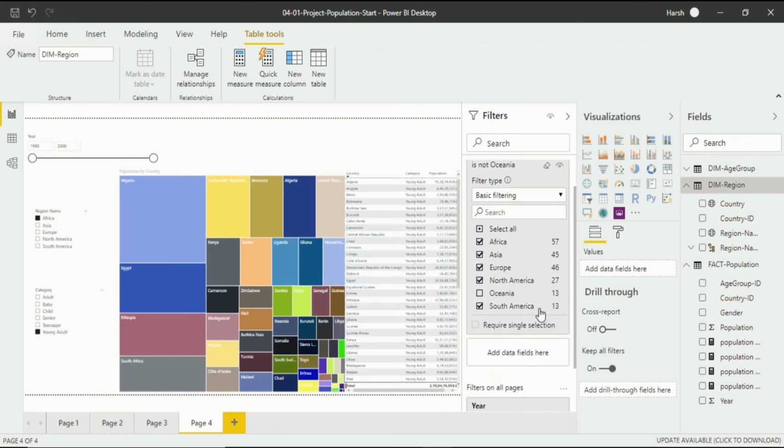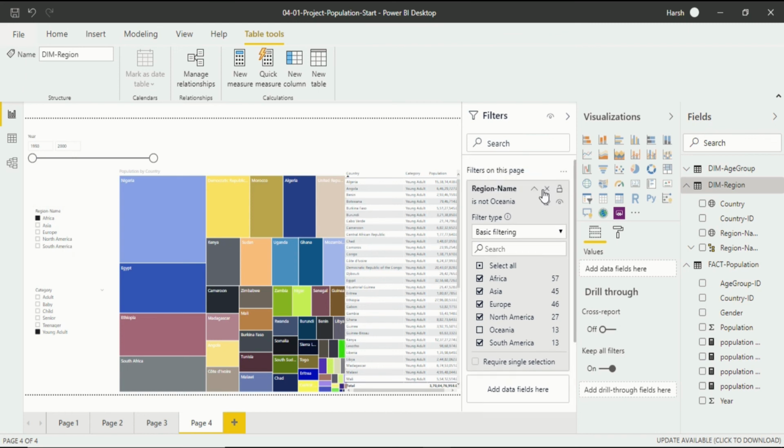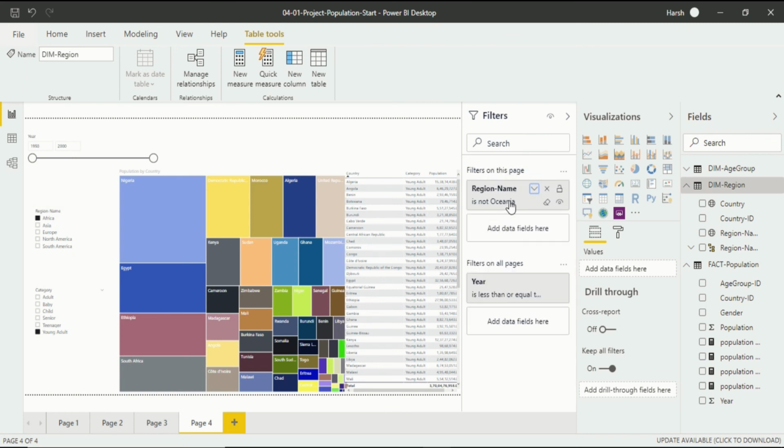After applying everything, you will see that in the region name, Oceania will be removed. So this is how you do a filtering, or you can say a page filtering. So region name is not Oceania. Here you will also see that you have applied a filter on this page.